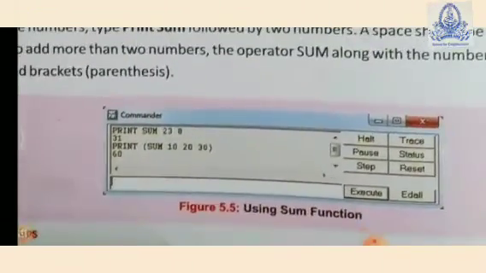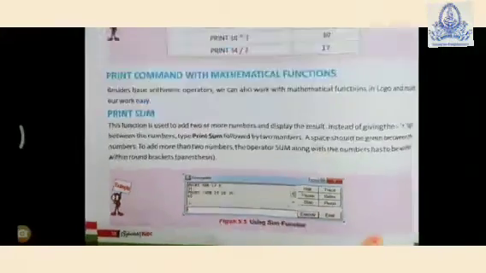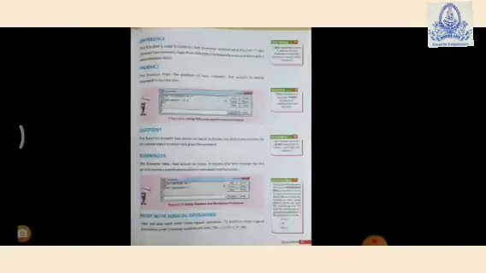Suppose I want to find the summation of 10, 20, 30. So what you have to do, print, then open bracket, use the command sum 10 space 20 space 30. If you press enter, automatically you will get your result, that is 60. Okay, so I hope you understood how to use the print sum command.